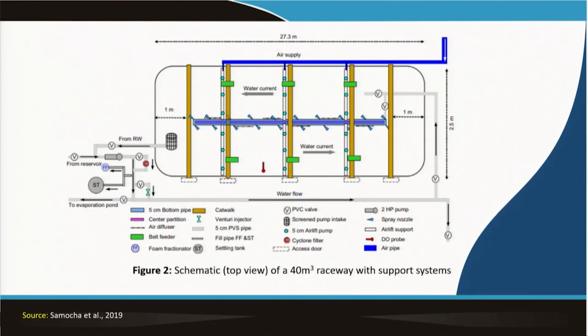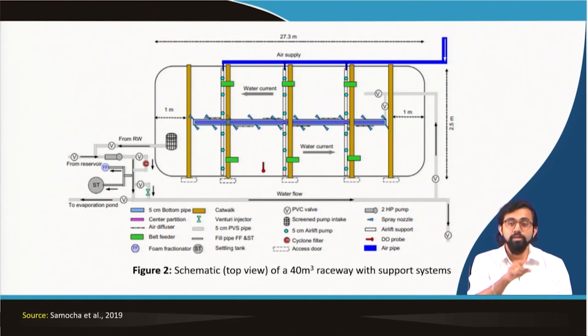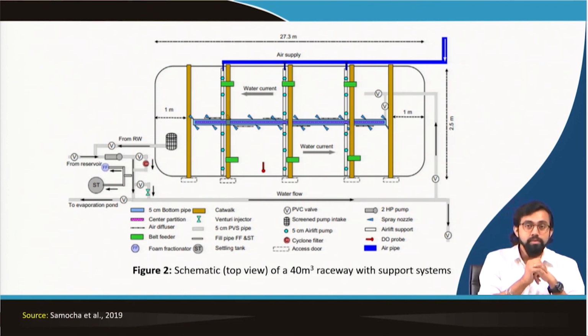But at the end, the last and the first, they have only the regular catwalks. If you see the middle portion, where you have this blue lining, this is actually the air. Also there are these bottom pipes, with the light blue color. With the light blue, you can see these PVC pipes are available,